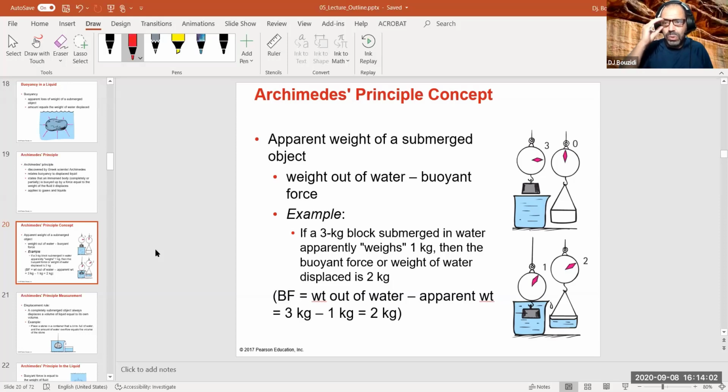So if you're going to build a boat or canoe, you have to be careful. A canoe that you build out of wood is not going to be an issue. But one that you build out of metal is going to be an issue, because metal has a higher density than the liquid, so it's supposed to sink. But if you have a proper geometry for it, it's not going to have a problem.